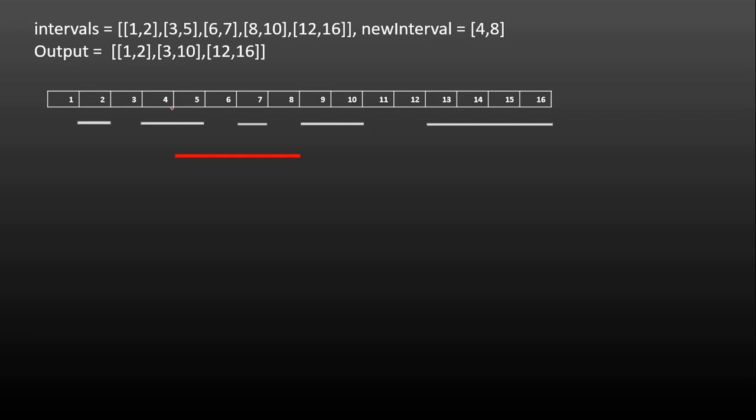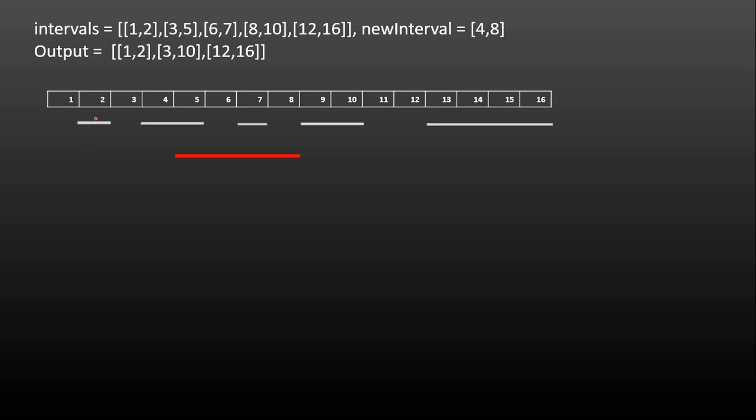If you see here, the problem statement we can break down into finding where the range needs to be merged and finding the intervals that are not overlapping, because the intervals that are not overlapping we can take as is in my final array. So how do we find out whether the interval is not overlapping? If I compare the end range with the start range of the new interval, you will see that the end range is always less than the start range of the new interval. If that is the case, then it is non-overlapping. So we'll take that condition, and until that condition is reached, those ranges we can add directly in our output